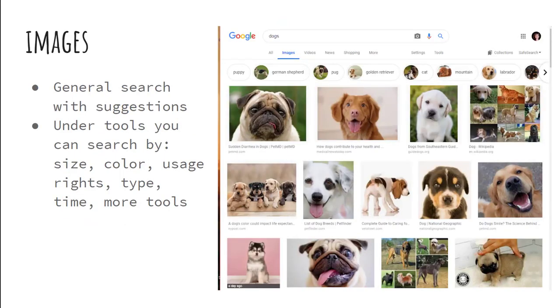So say you type in images and you just type in dogs. Of course, as you can see from this picture, you have all different types of dogs. There's nothing specific about them. But you can narrow it down even further by size, color, usage rights, types, times, and even more tools